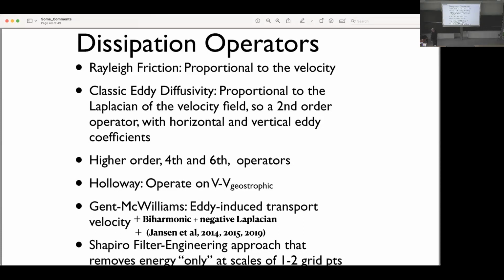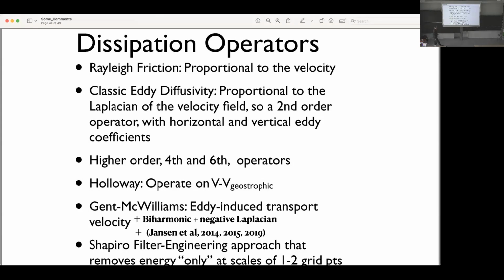a negative Laplacian. And now the negative Laplacian operator, what does that do? It allows the reverse cascade of energy, which is a predominant feature of two-dimensional turbulence. It basically allows energy backscatter, which we see, again, in two-dimensional turbulence. You don't see it in three-dimensional turbulence. And one could argue, is the ocean 2 or 3? And everybody says, well, it's 2.5. And if you don't want to give it a number, let's call it geostrophic turbulence after Rhines and Leith and